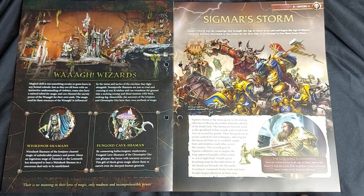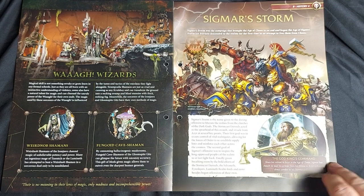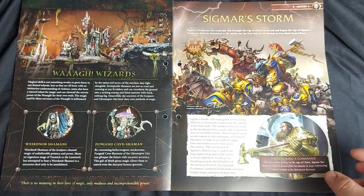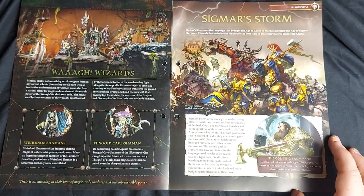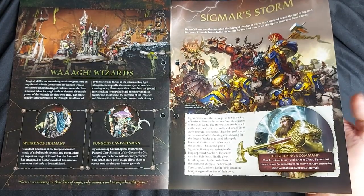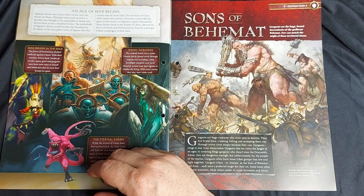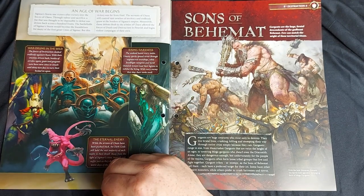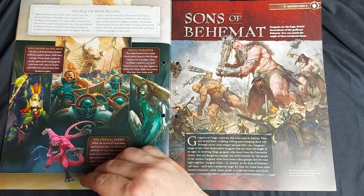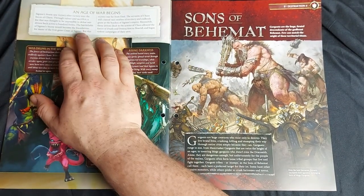And here we have Sigmar himself with his hammer Gal Maraz. And yeah, he was pretty much fed up with chaos having all the fun in the Mortal Realms, and decided, you know what, let's stop them having fun and we'll try bringing a bit of civilization back to them. And so he created the Stormcast and sent them down into various realms to fight for order and mortals within it. So we have a bit of background about the Age of War begins,